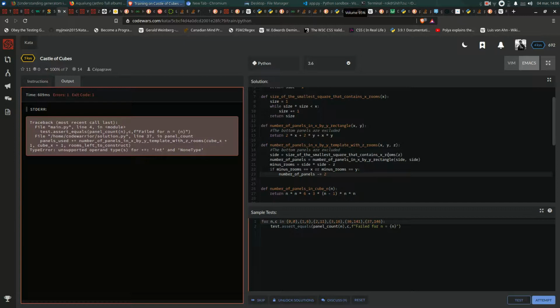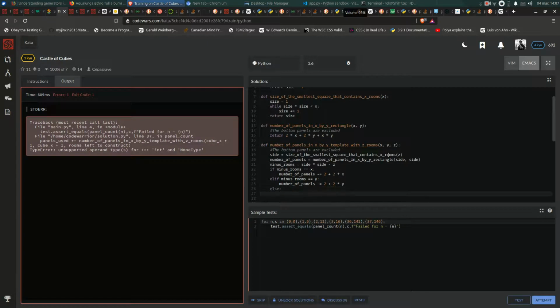So we got 2 for beginning and the end times 2, okay. 2 times 2 plus 2 times x, elif minus rooms equals to y, say number of panels minus equals 2 plus 2 times y,